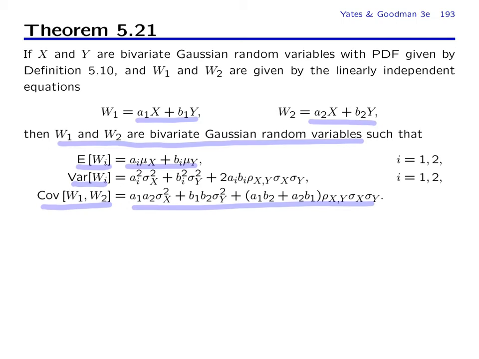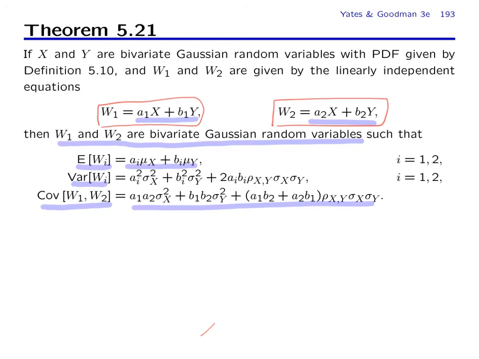The first theorem we get is that if you take x and y bivariate Gaussian and you form some linear combination, that linear combination is Gaussian. It's not an obvious fact, and the fact that it's true is both amazing and super useful. And then we have, of course, W2 being some other combination is Gaussian. And then the most powerful fact of all is the theorem we have here that in fact together they are